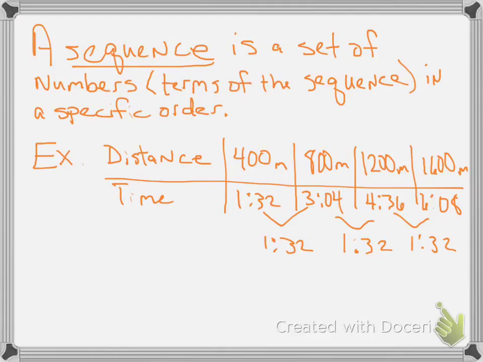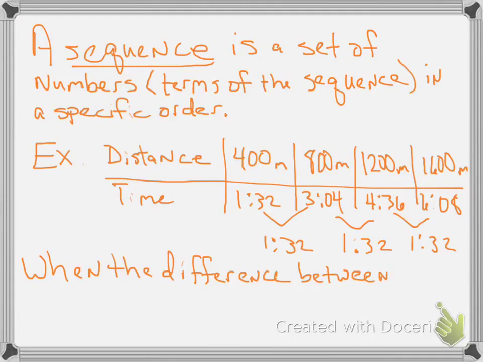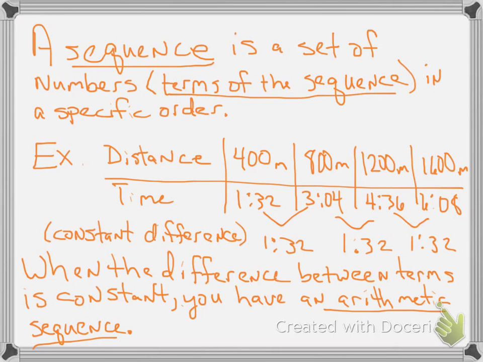This is similar to what we were talking about with slope and linear functions, but here, with arithmetic sequences, we want to see that there's a common change, just like we do with linear functions. When the difference between terms is the same, then we have what is called an arithmetic sequence. Linear function. Keep that in mind. And that difference is called the constant difference. So we want to see that the change is always the same. Okay, so for an arithmetic sequence, we're assuming that they all change the same. For example,